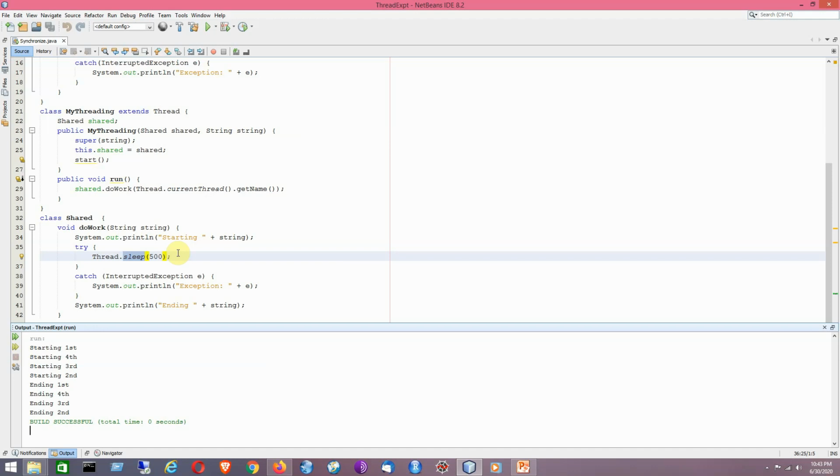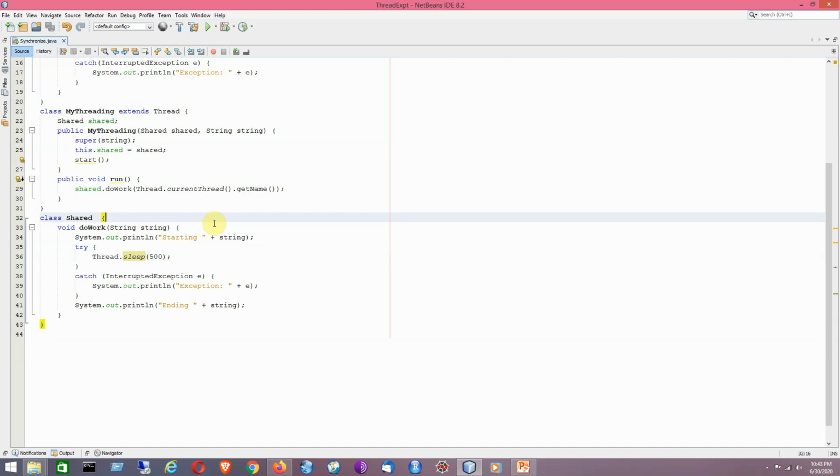Now in order to solve this problem, we will use the concept of the synchronized way of using threads, so that at any point of time only one of the threads will be working on the shared object and the others must wait for the currently executing thread to finish. Whenever it finishes its task, one of the remaining threads will be assigned the shared object. So that is the concept. Now I will be implementing this concept here.